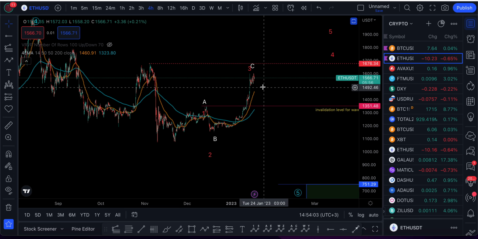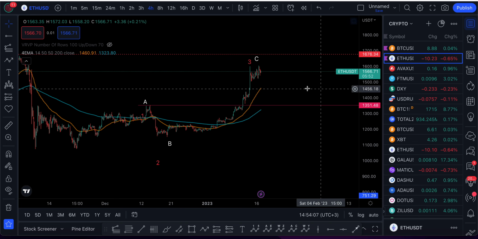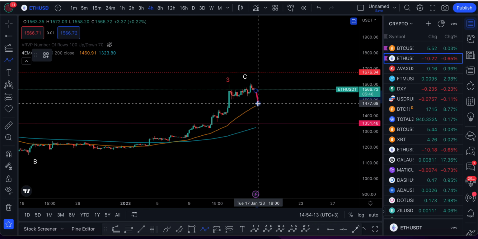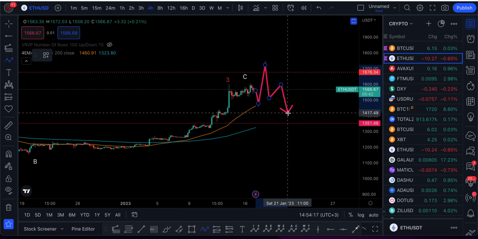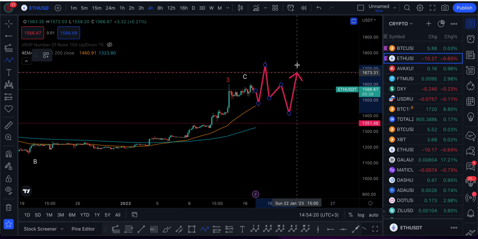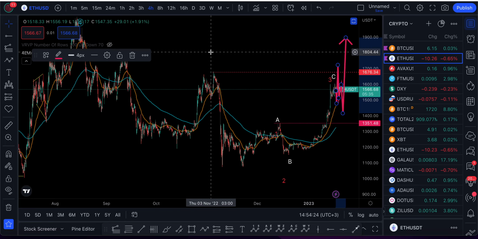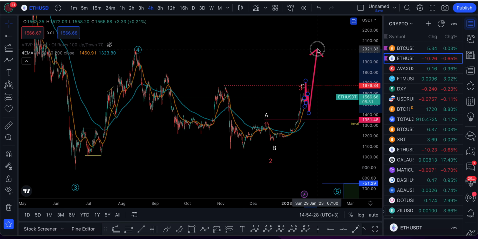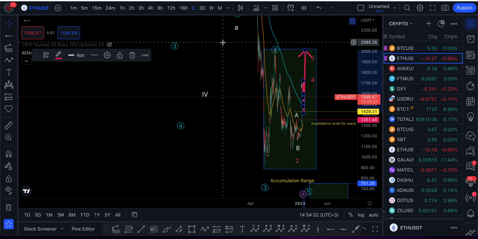Okay, so I'm still expecting price to push higher. Yeah, we might push higher, or as I said, we might drop a little here, push higher. Then from here we might get a bigger correction, and from there we might push up. And again, we are trying to target the upper bound of the range, so this might come up to around here. So if I switch to the daily time frame, we might have